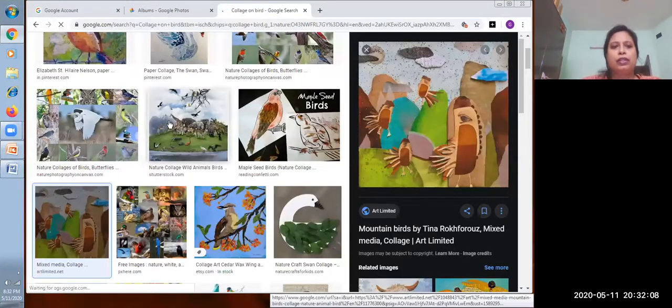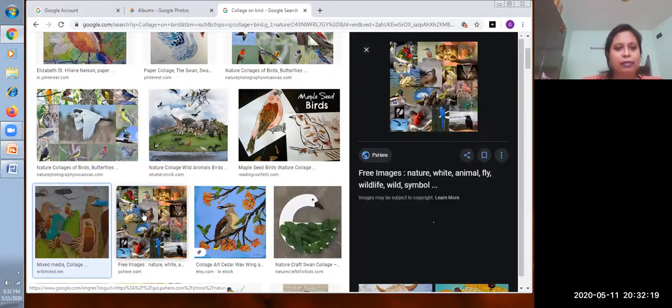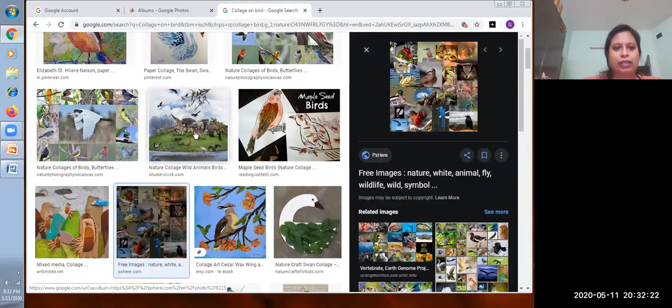See these pictures I have taken, the bird collage. See this picture. This is also the same one. Here multiple pictures are showing together. All the pictures. See how many birds are there. There are many birds. So this is the collage. Collage is the combination of one or more photographs. Google helps us to create a collage using from 2 photographs to 9 photographs. How many photographs? From 2 to 9 photographs.